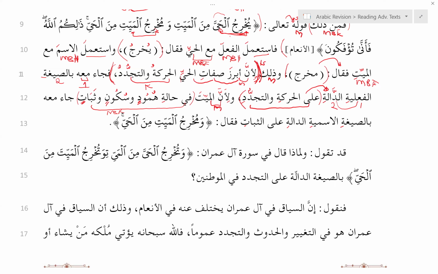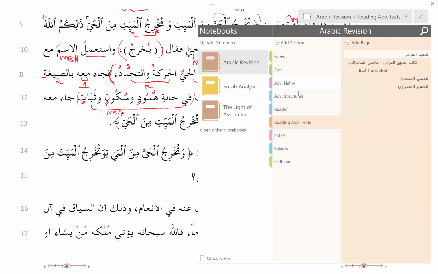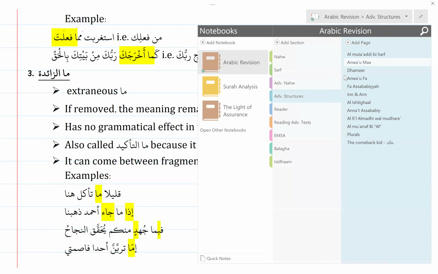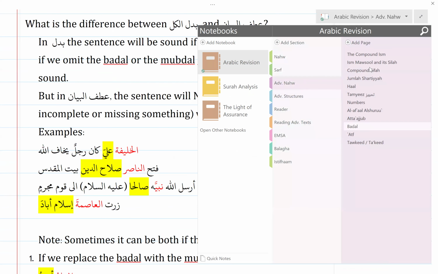I wouldn't look at it as sifa. I don't remember. Can a proper take a jar majroor as a sifa? I think jar majroor takes both, if I'm not wrong. Can we say that mayyat, which is the state of calmness, stillness, stability, it came with...